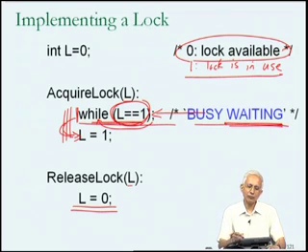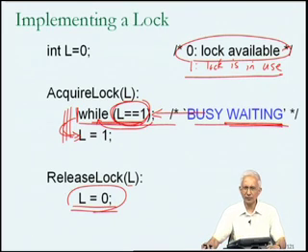Rather, it is a kind of waiting in which the process is successfully executing instructions, but the instructions are such that it is just waiting for something to happen. It is indefinitely checking, it keeps on executing this check on the value of the variable L until L becomes equal to 0, and that will happen sooner or later when some other process releases the lock L, specifically if there is a preemptive scheduling policy.